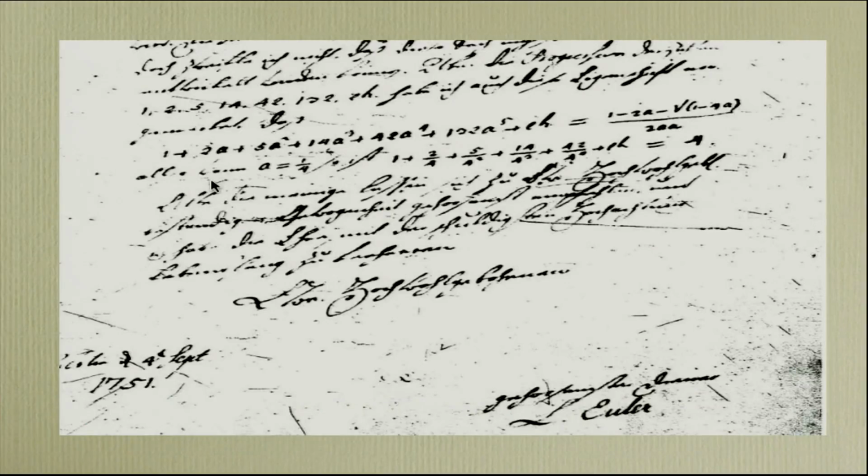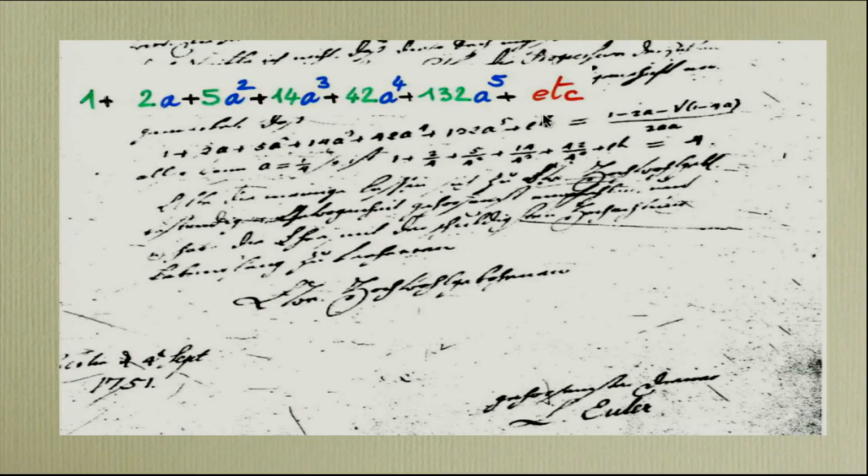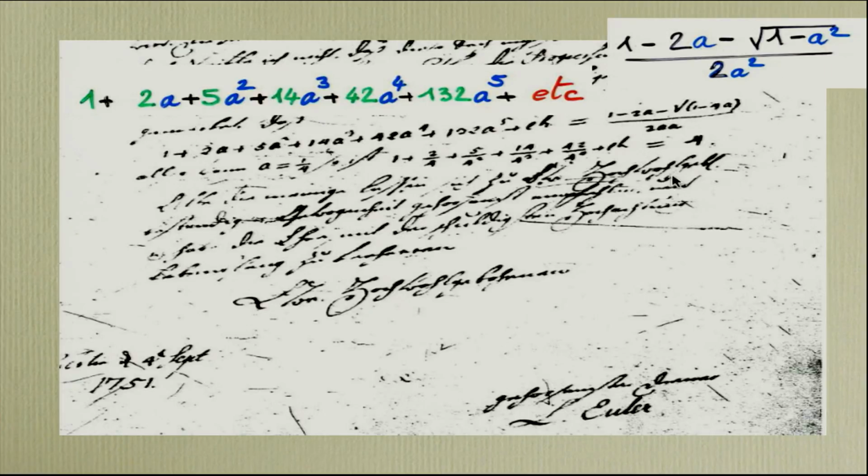Now we introduce generating functions, formal power series. At that time, everybody blamed him because this is nonsense. If we put a equal to a number, it may not make sense. So at that time, then Gauss, everybody after came, you have to be rigorous, the convergence, the radius of convergence, everything. But Euler was a pioneer when he introduced formal things. And you see, he has exactly what we have seen from the quadratic equation. He has exactly the generating function.